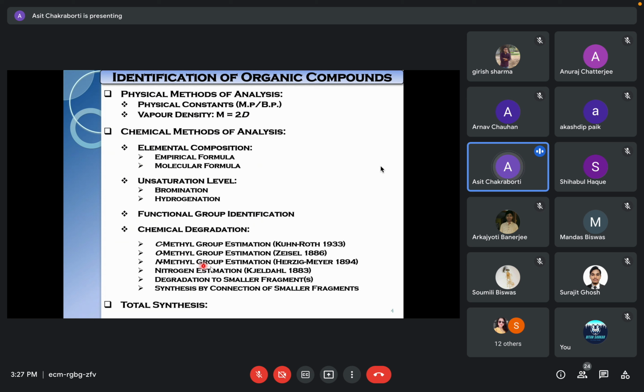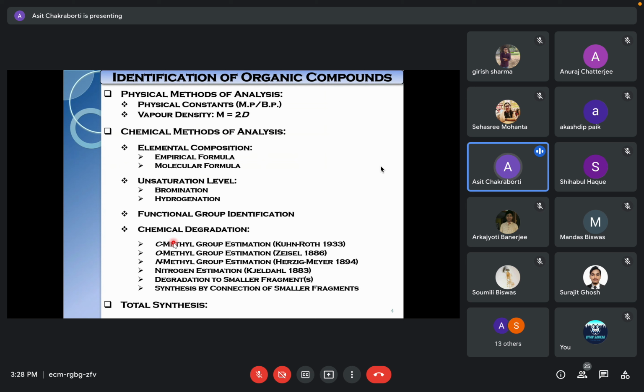Similarly, the N-methyl group also. You see, in the early stage these techniques were not there. So that's why chemical degradation methods used various kinds of chemical reactions, which you are going to discuss further. That is the reason why you need to know chemical reactions. Number one, in today's context, with the help of chemical reactions you build a structure. In earlier days, the chemical reactions were also being discovered. So it served both purposes: identification as well as construction. So methyl groups can be present in various chemical environments.